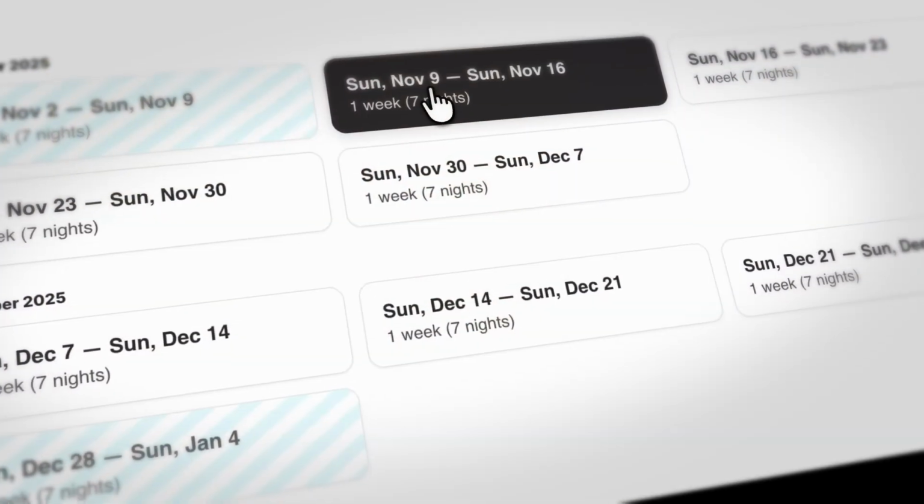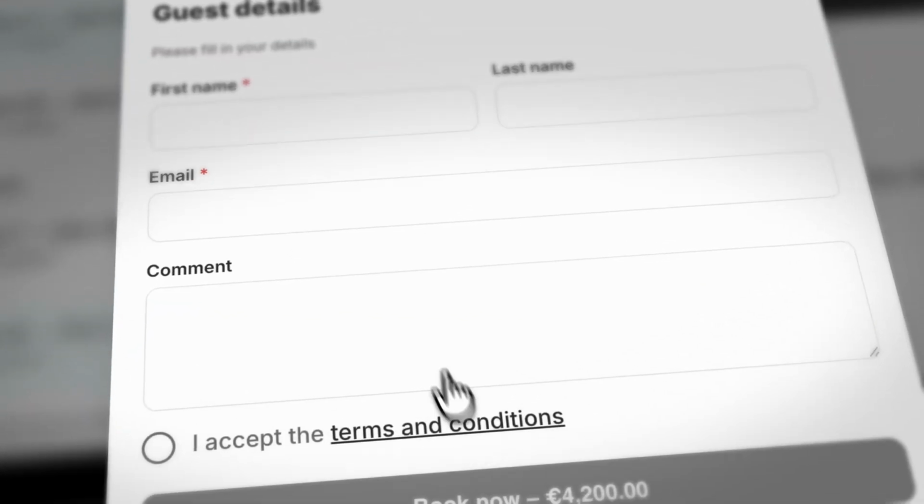Today we are building a simple holiday house booking system with Bookla and Framer, inspired by our most loyal and